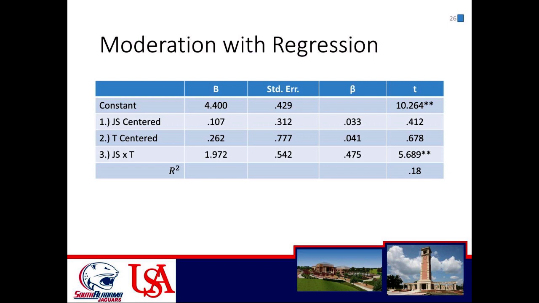Okay, so I will say we're not going to learn in this class exactly how to interpret these results. Typically what most people do is once they find a significant interactive effect, they go back and make a chart. That's a very easy way to interpret the results. We already covered, or hopefully last semester you covered, how to make a chart in Excel, how to make different types of charts. So if you do have a significant interactive effect, you could go ahead and make a chart